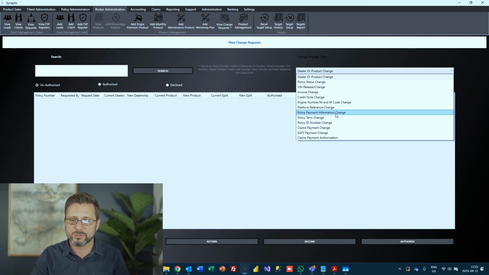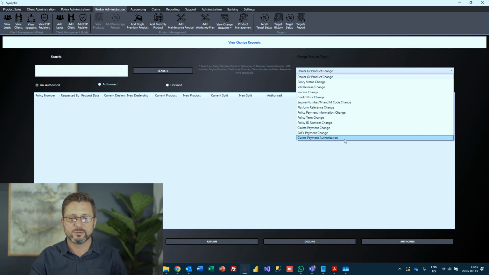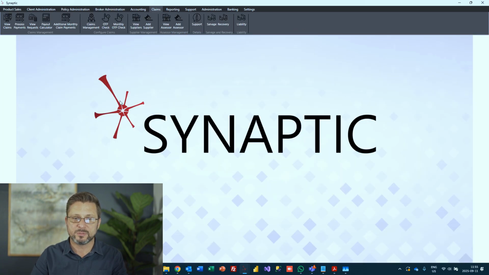Policy payment information change, so again anything to do with payments, terms, ID numbers, claims change, claims payment change, and also claims payment authorization. So when you go in here, it's going to literally show you everything for the claims payment. Now when we look at payments and accounting, I've just changed this now to claims payment, you'll see here it says first processed by and second processed by. So effectively now this is the case where you're going to need somebody on claims to actually request a payment